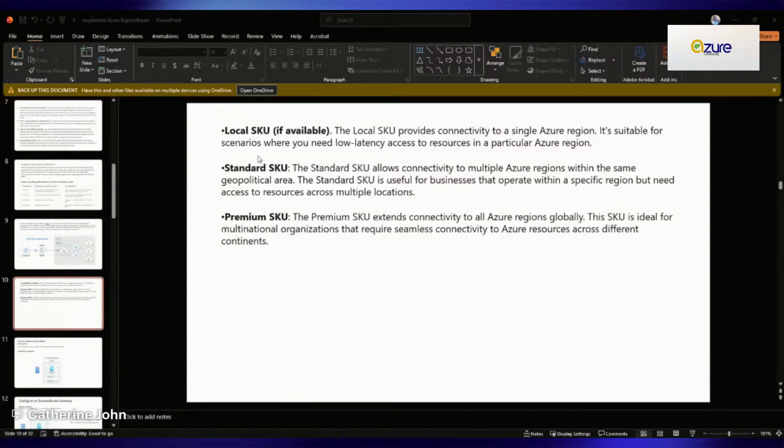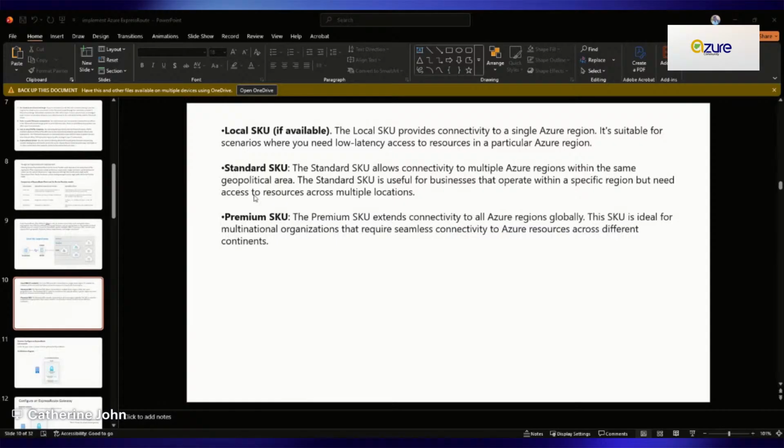If you are in a scenario where you need low latency access to your resources in a particular region, let's say UK South or West Europe, since you know your workload is just in one region, you are not doing different regions, you can just stay with local to save money,